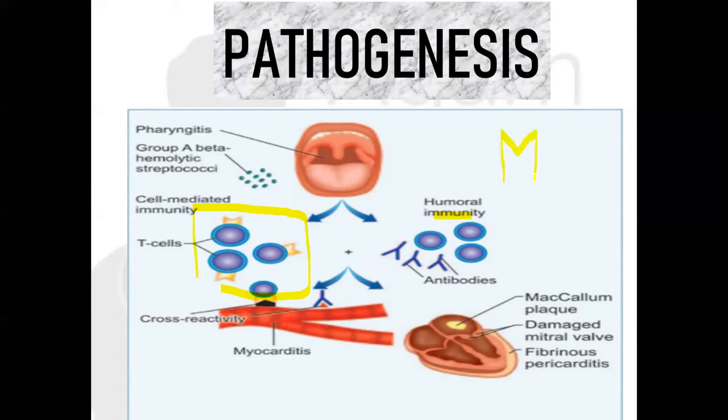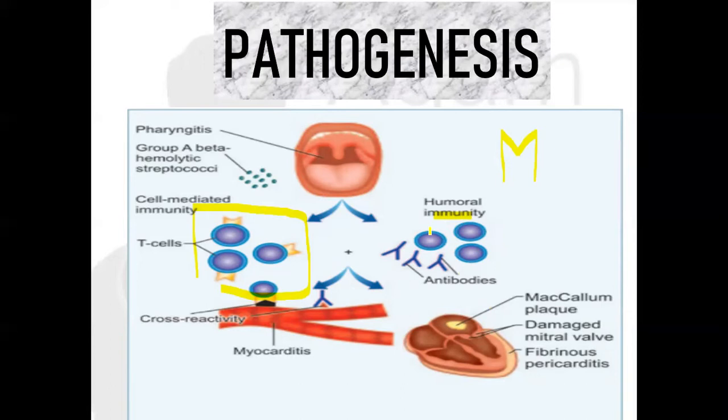So we have lots of carbohydrate antigens also to be discussed there, but we will just focus on this part. So group A streptococci has one of its virulence factors, which is going to be an M protein. Okay, so what is going to happen in general immunity? There is a foreign body that is going to enter into our body. So we have this immune system that is actually going to generate antibodies against this particular organism, right? So the antibodies, as a case of humoral immunity, are going to be produced against M proteins.